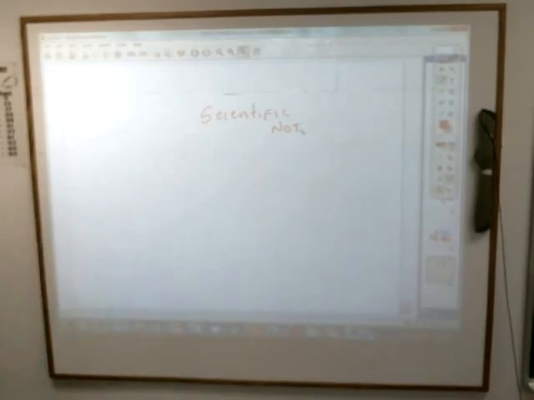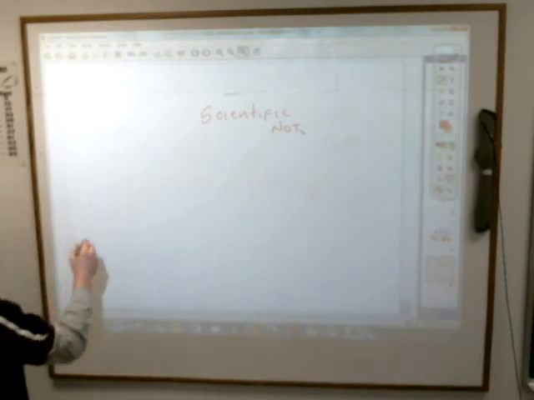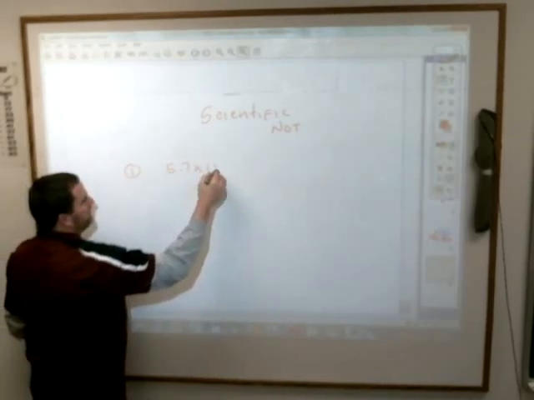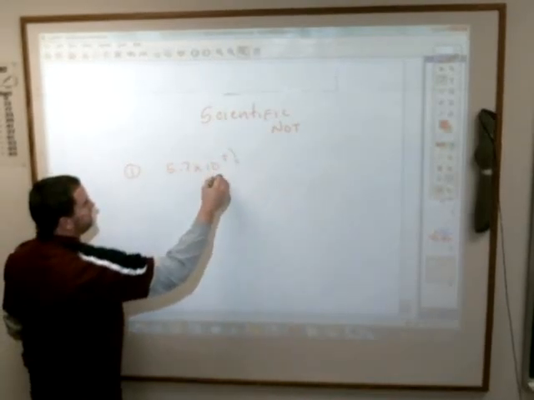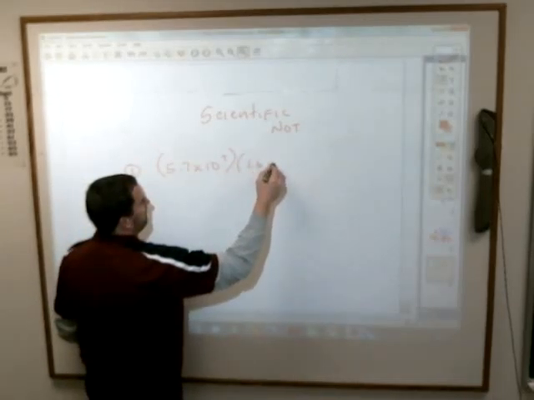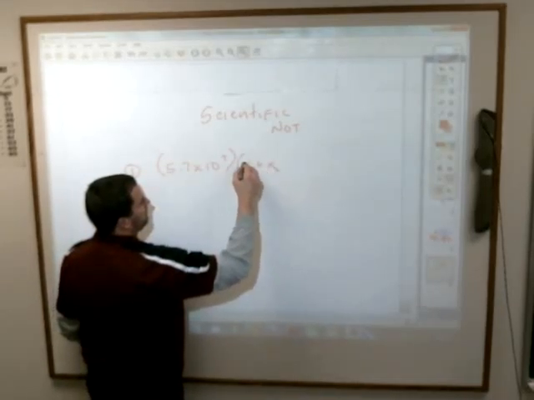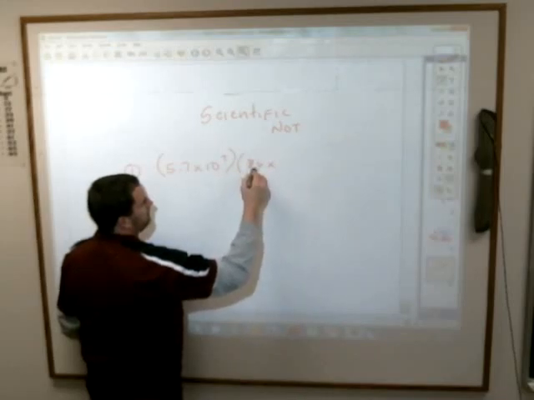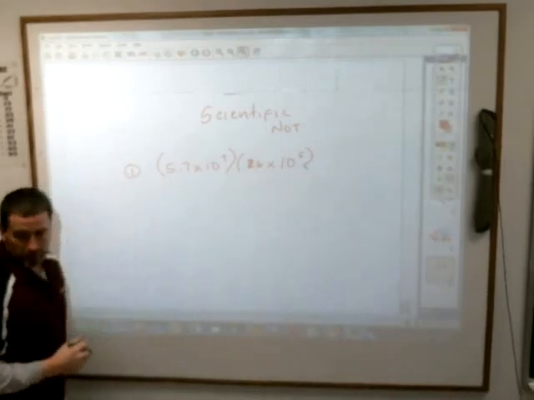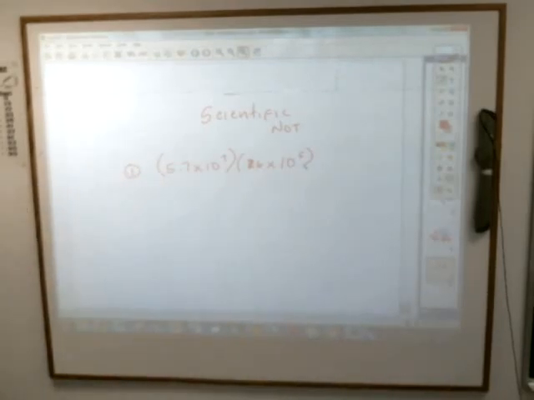And it is multiplying and dividing by, so let's do this one. I'll just do two examples. Number one, if you have 5.7 times 10 to the 7th power times, no, let's go 2.6. 2.6 times 10 to the 5th power. Or what if you have, let's do a division one too,